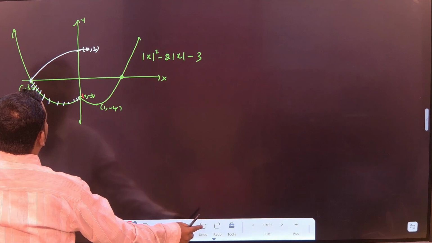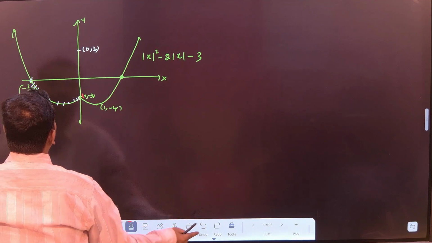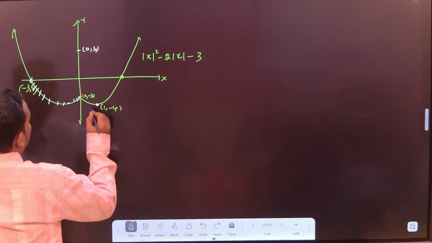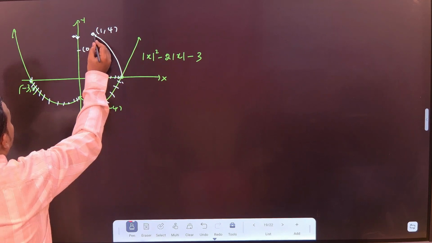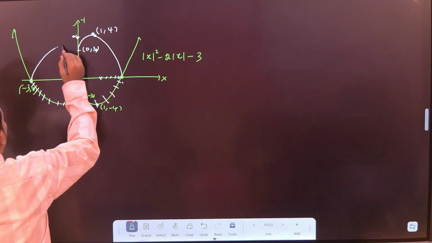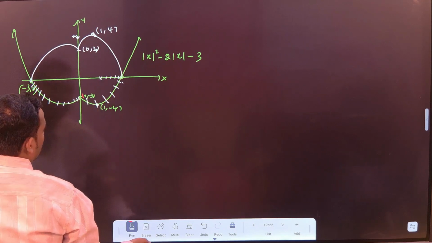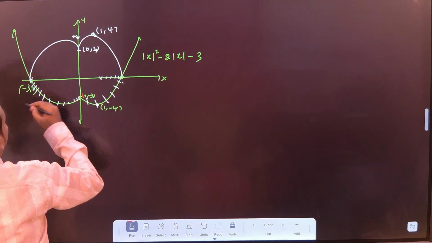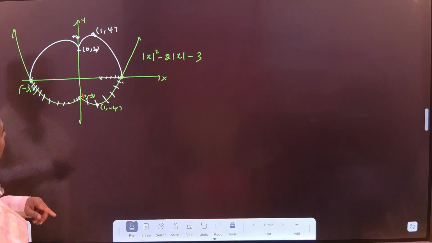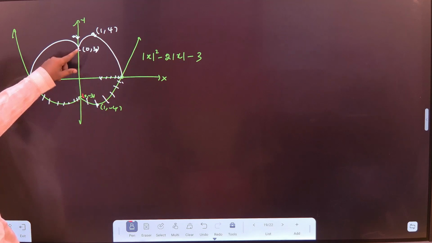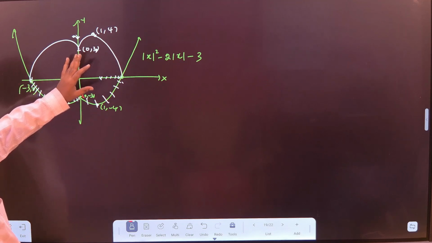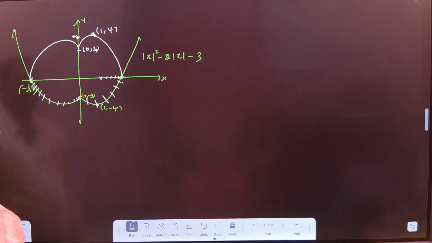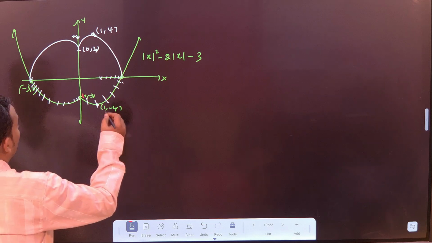Just we can draw this. It will be like this, right? Correct or not? Because it will intersect at 0 comma minus 3. 0 comma minus 3 means here 0 comma plus 3 will come, right? This is your correct graph. Okay, this is your graph